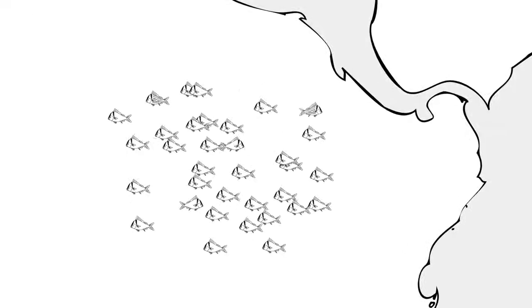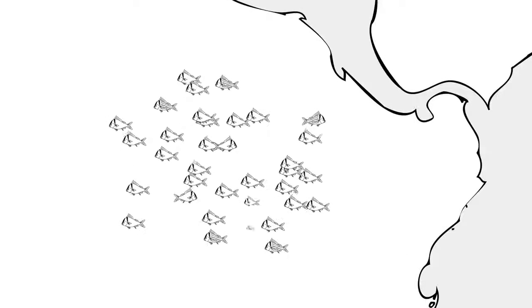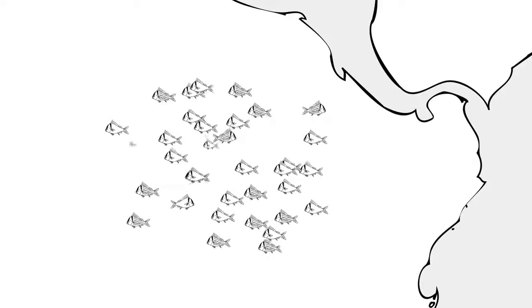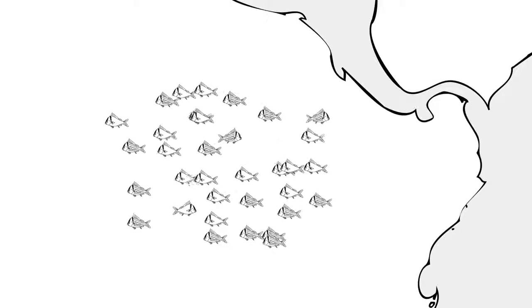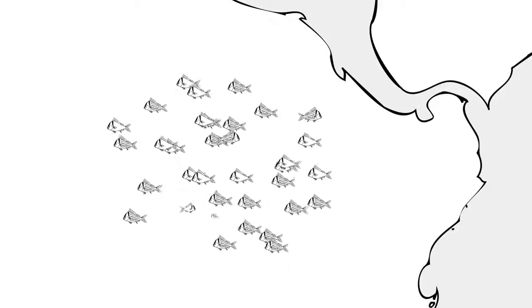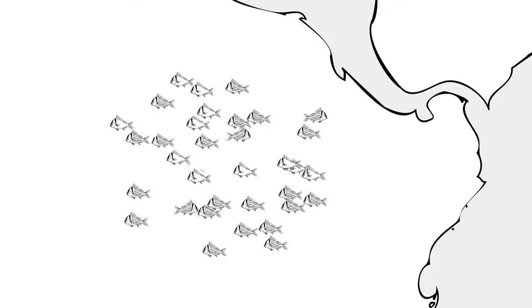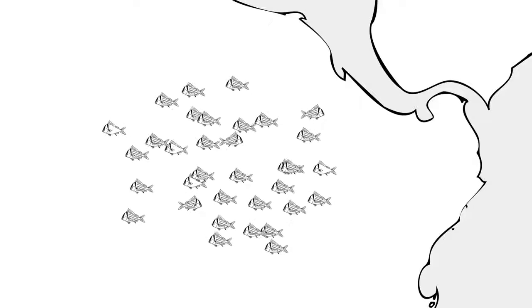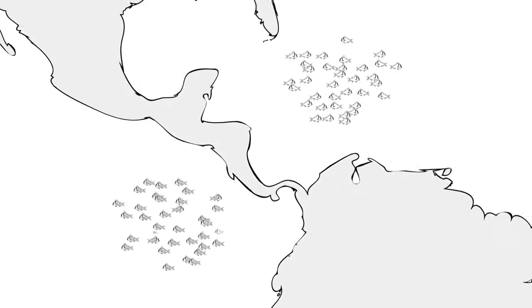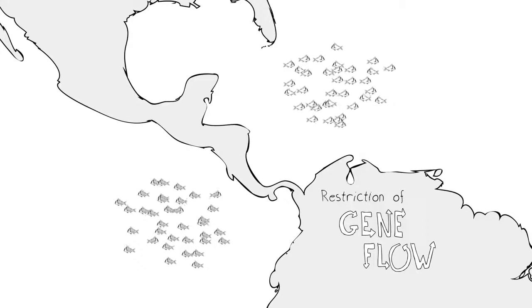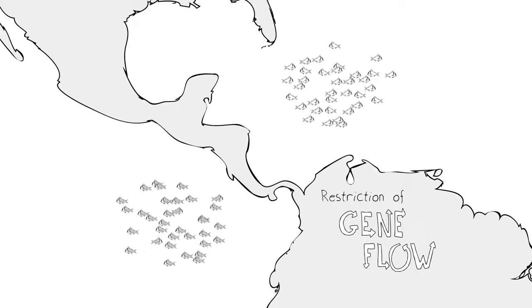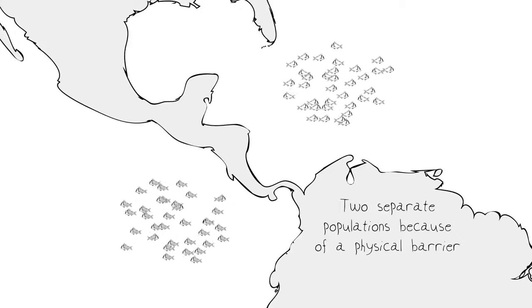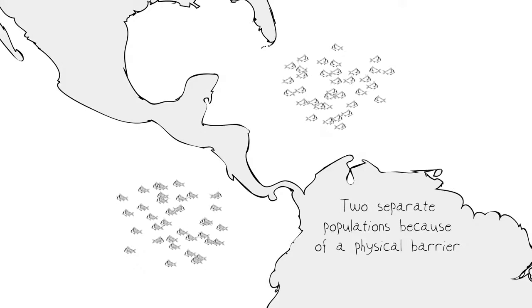However, individuals on either side of the barrier continued to reproduce among themselves and continued to have variable offspring that were selected for or against. But each of the subpopulations continued to do that without the influence of the genes in the subpopulation on the other side of the isthmus barrier. Therefore, we now have what is called a restriction of gene flow between the two separated groups. What had once been a single interbreeding population has become two separate populations without gene flow between them because of